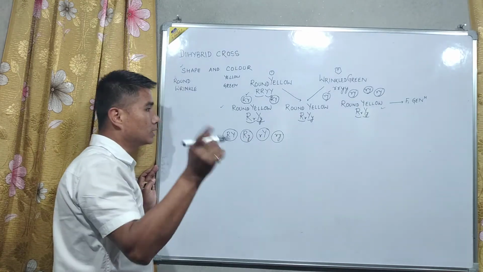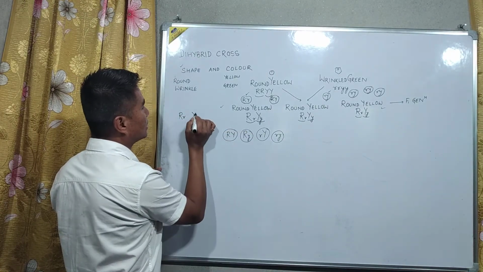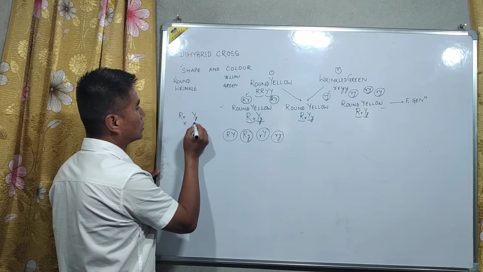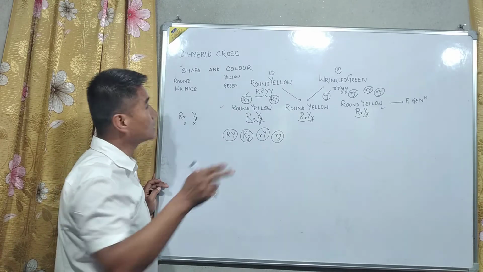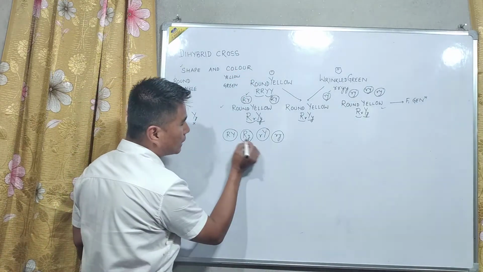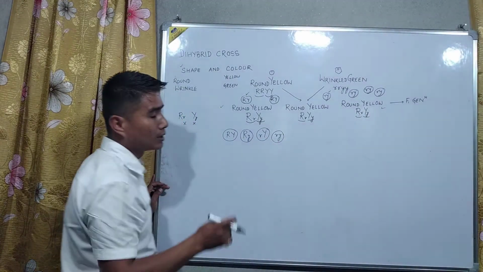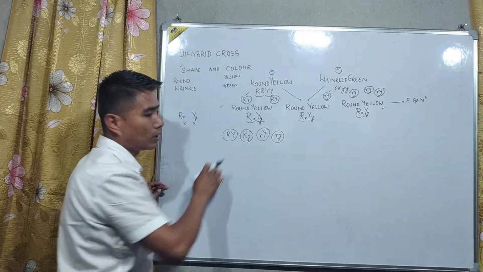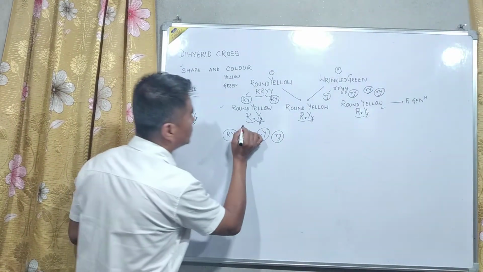Are you getting my point? You might make it like this and this together, this and this together. No, this is wrong. Why? Because we are taking two characters and the characters are shape and color. So this is shape and this is color. This is shape, this is also color, green. This is shape, this is color, this is shape, this is color. So 50% of shape and color. The rule is maintained here. So see here.